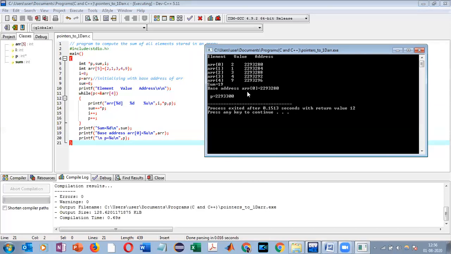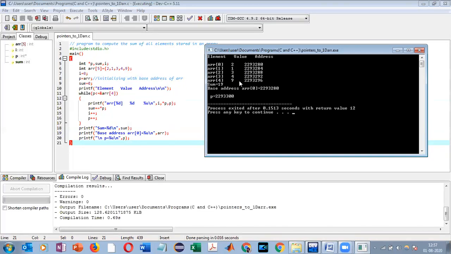Okay. Now, as you can see, the base address stores nothing but this value. Or in other words, arr is storing nothing but the starting address, or the address of the first element of this particular array. And ultimately, the pointer variable p, while the last iteration is going on, points to the next address, that is, it stores the value 4 bytes after the last element of the array.